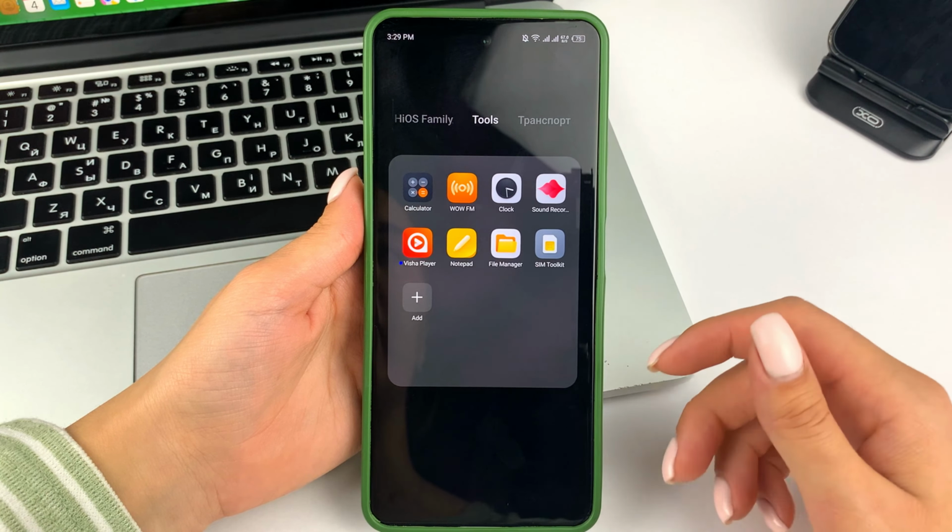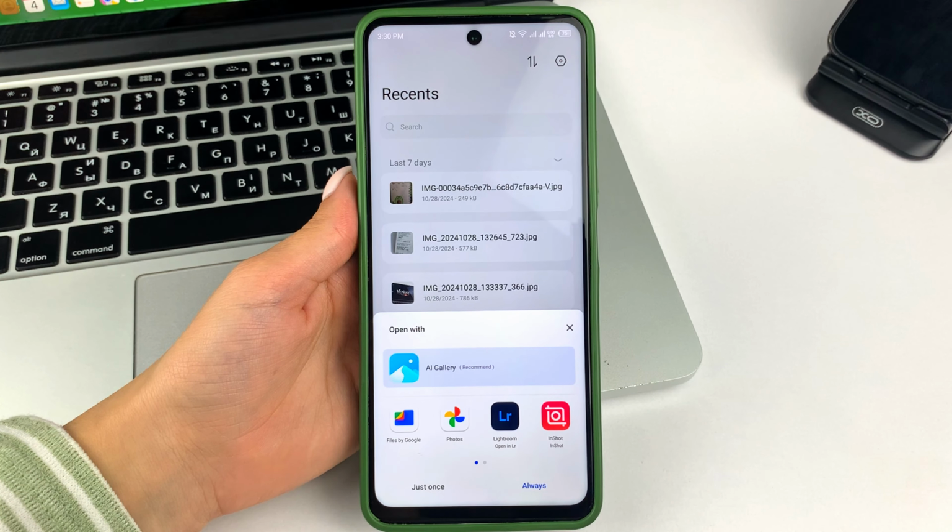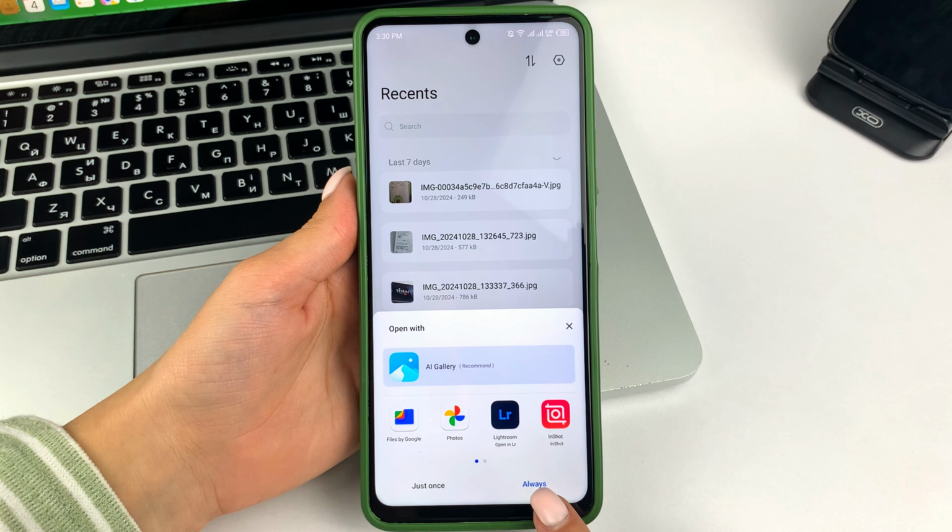When you have opened a photo or video in the files, you will need to click and hold on any of your media files. After that, you will need to find three dots. Now choose the option to open with or open through. And you will have a list here of apps to open this file. You choose Google Photo, click on it, and then you select this option at the bottom, always.